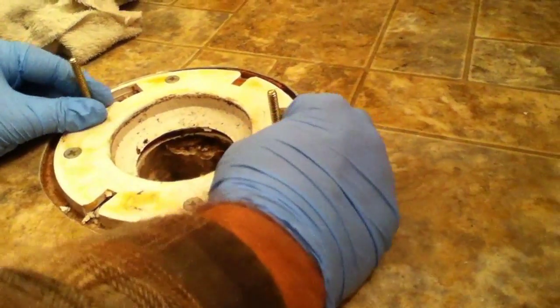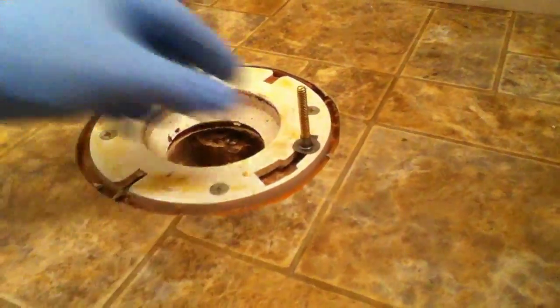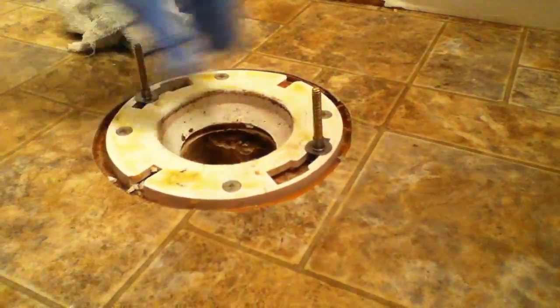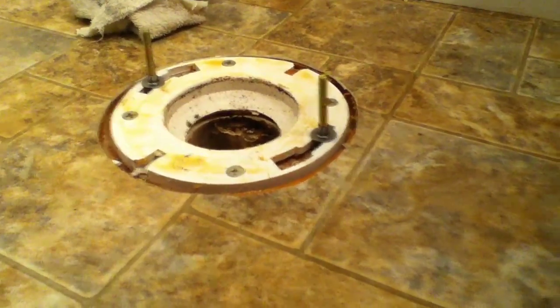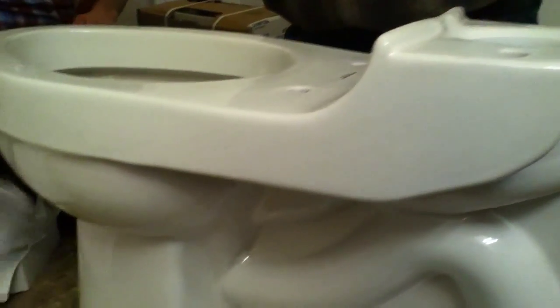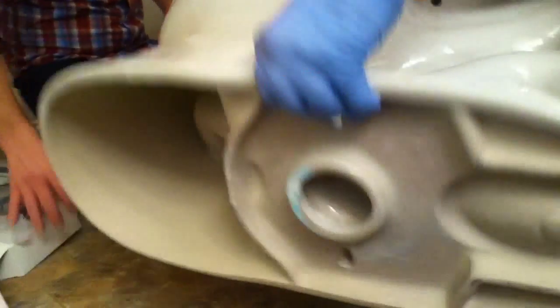Okay, now if they're lined up pretty good, you can measure it actually with a tape measure. I don't have a tape measure on me, but it looks pretty good and parallel with the back wall. Then we need to take care of the wax ring and put it on the bowl. So usually you need to flip the bowl upside down here. Carefully, especially if you're on real tiles. I'm not on real tile, but